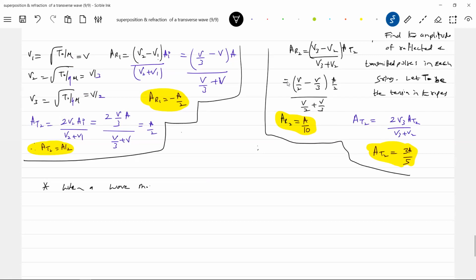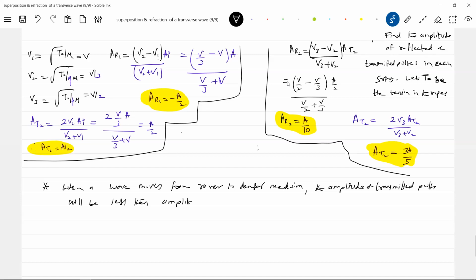When a wave moves from rare to denser medium, the amplitude of transmitted pulse will be less than... this is one thing. Similarly, when a wave moves from